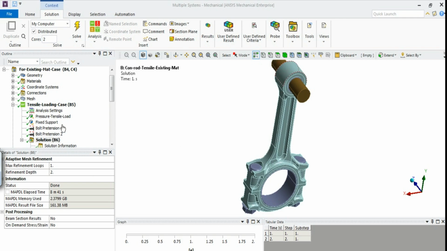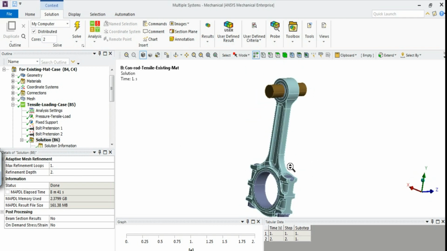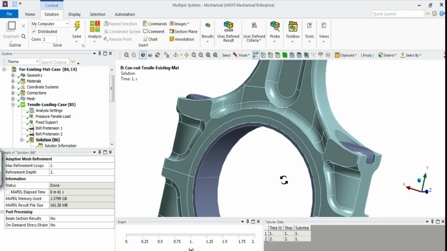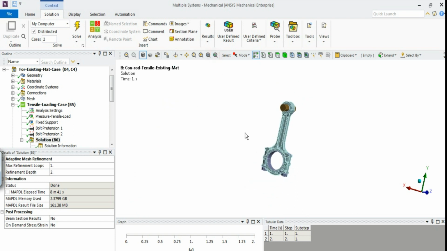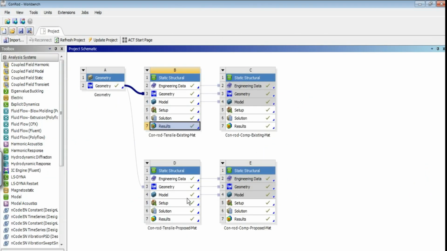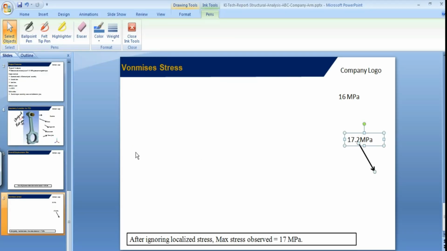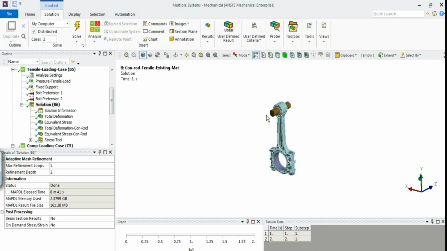We're going to discuss the post-processing of a project on the connecting rod file. Okay, so let's go through it. This is the file which has got solved. We have all 4 cases over here. That's the PPT. We'll just try to work on it. If you can see this here, guys,